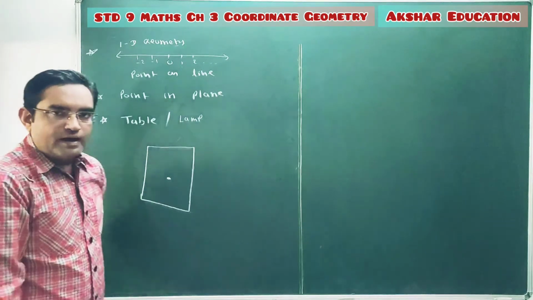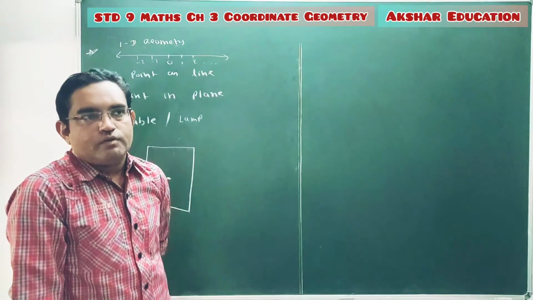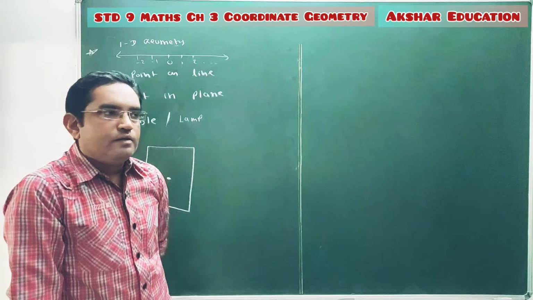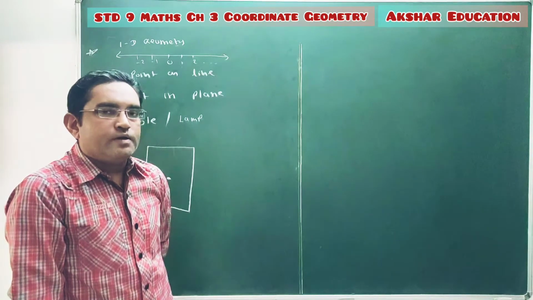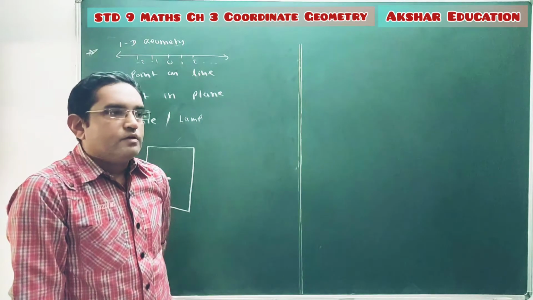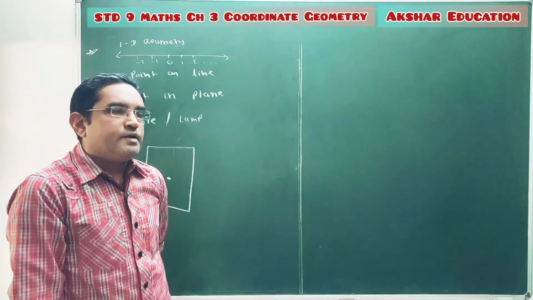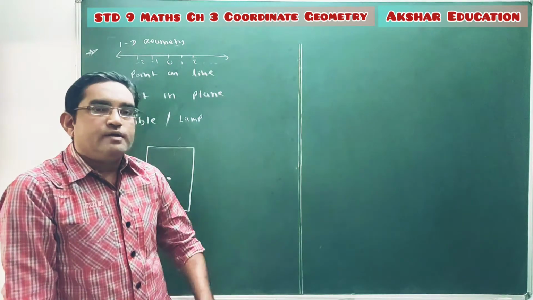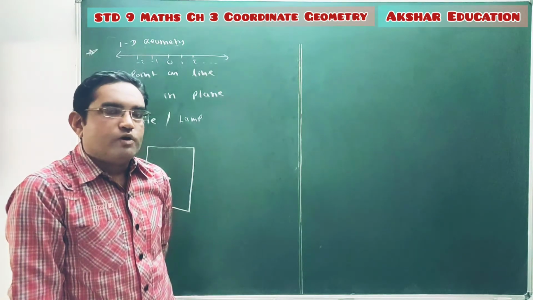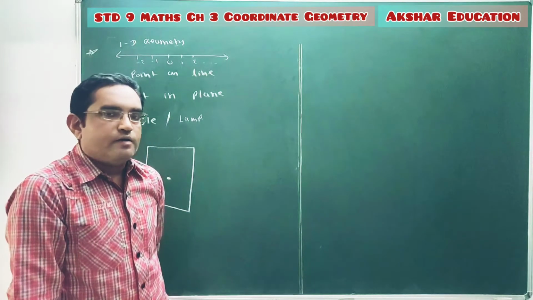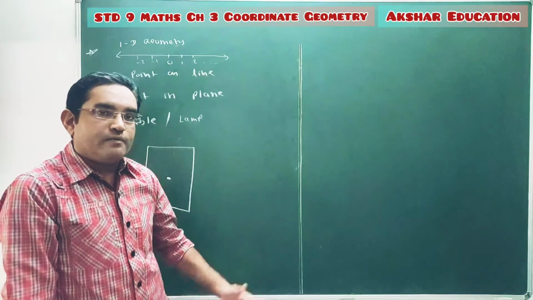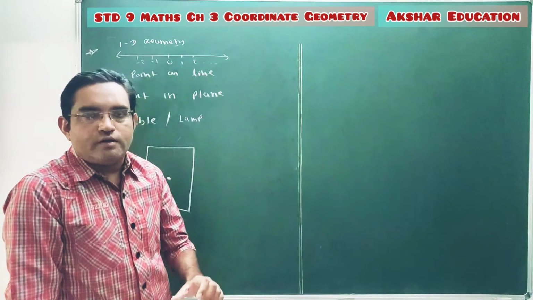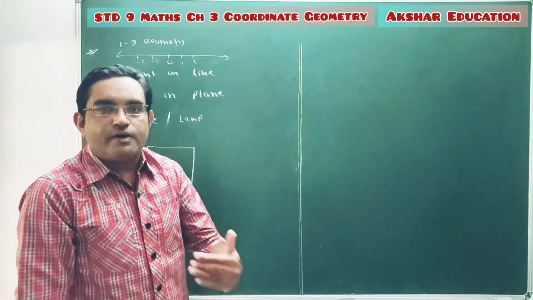For example, if I ask, where is Akshar Education? Where does Akshar Education locate? Different answers may be there. Someone may say that Akshar Education is in front of the Hyundai showroom. Some may reply that Akshar Education is at Sivan Avenue. Some may reply that it is near the Jahangirpura double bridge. Done? So different answers are there. Does it mean that we are having different branches and different locations? No. They are giving the same answer, the same location of Akshar Education, but they are taking different references.